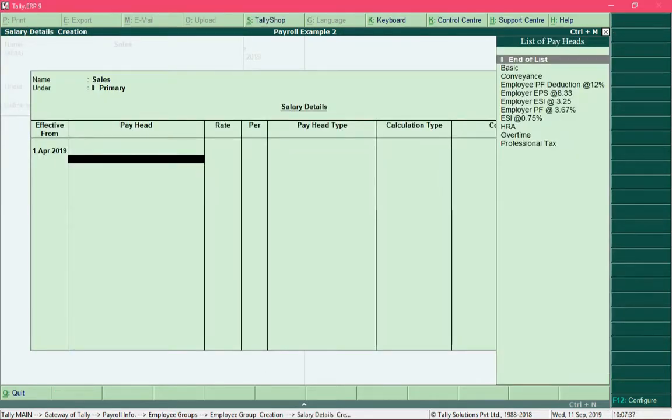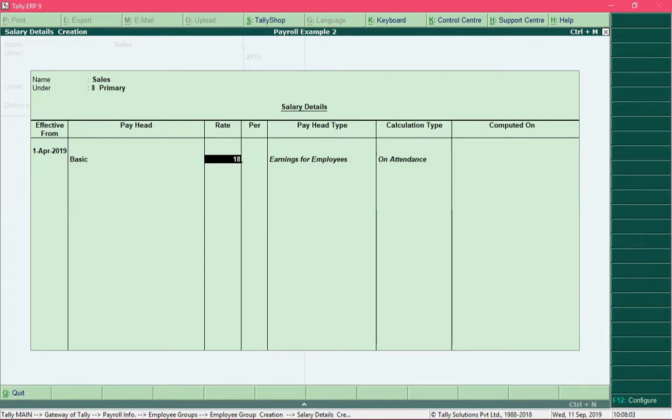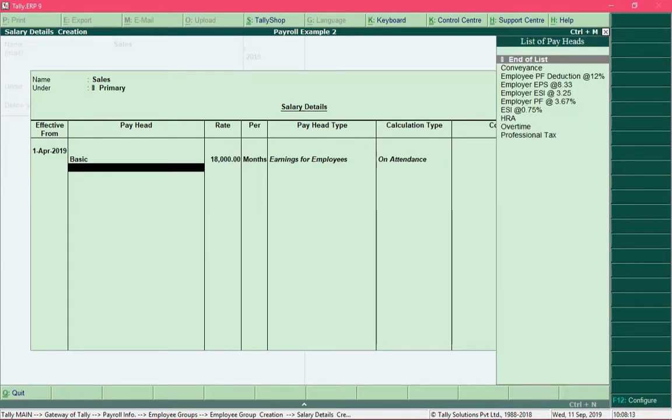Over here we are now required to define the salary structure for sales department, and we need to be very careful as to selection of payheads. We first select all the earning payheads, followed by employee deduction payheads, and then finally we add all the employer contribution payheads. So we will first begin with the payhead basic, and for sales department an employee earns a basic of 18,000 rupees, so specify that information in the rate column and then press the enter key, and then select